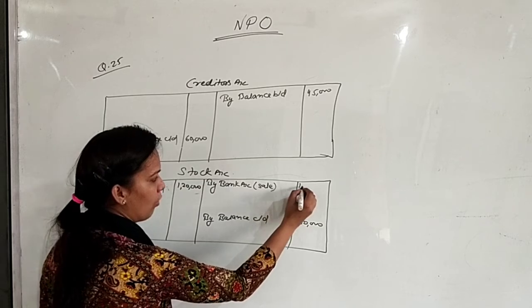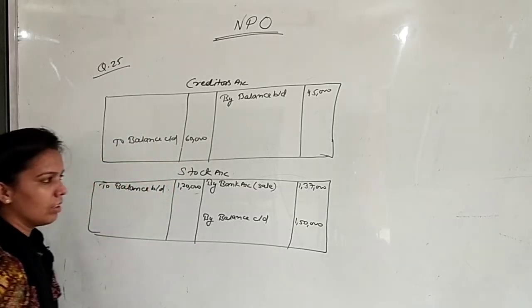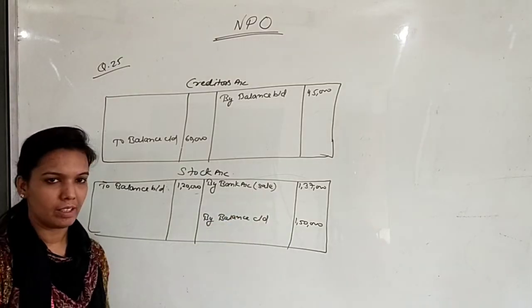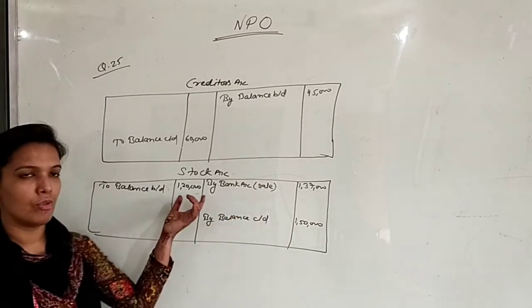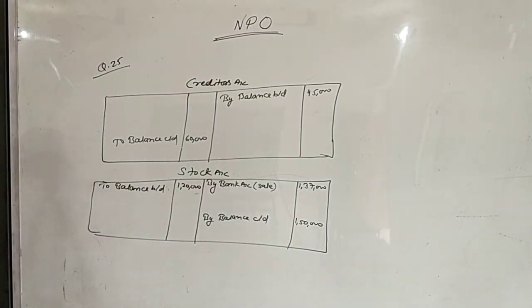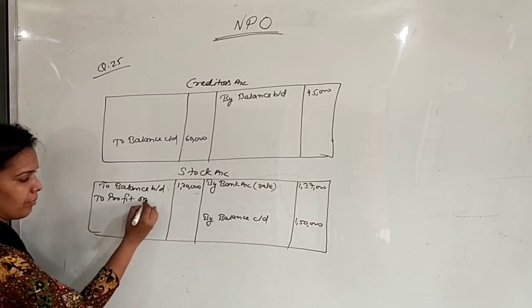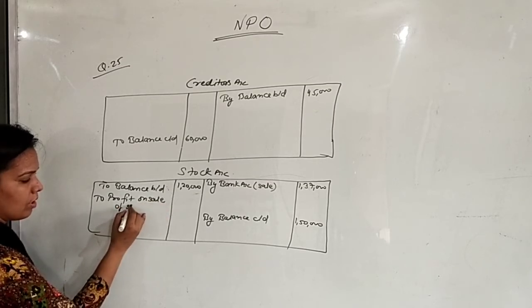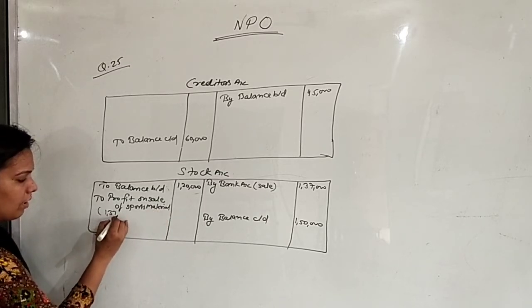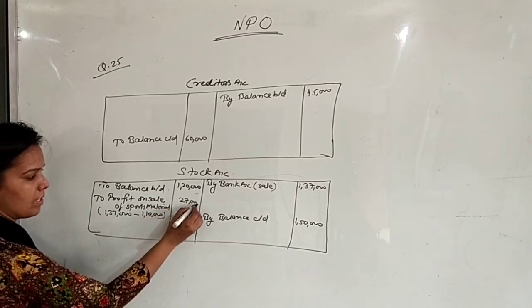This is sale 1,37,000, because whenever you are going to sell anything, your entry will be bank account debit to stock account. So it is 1,37,000, and the book value of stock was 1,10,000 and you are selling it for 1,37,000. It means you got a profit of rupees 27,000. That profit will be shown on the debit side, profit on sale of sports material. Here you can show 1,37,000 minus 1,10,000, means you got a profit of rupees 27,000.